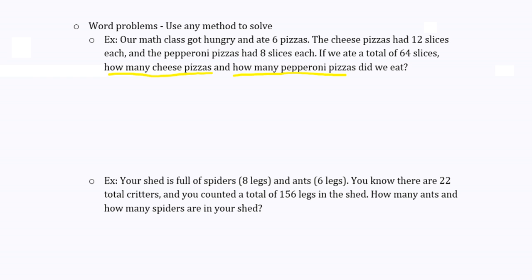Well, this tells me exactly what it is that I need to define. So I need two variables. One's going to be the number of cheese pizzas, and one's going to be the number of pepperoni. Oops. That should probably be an equal sign. Okay, so